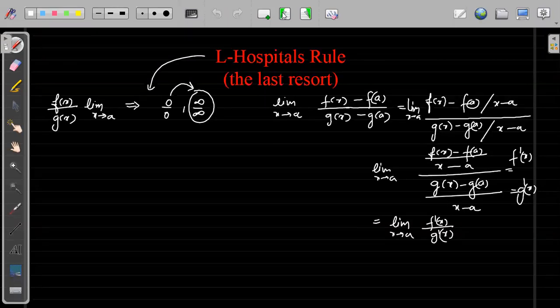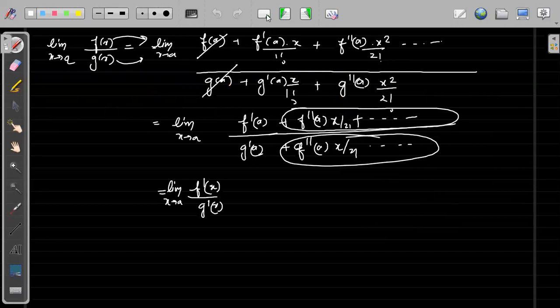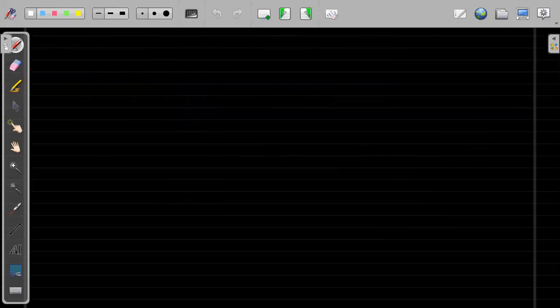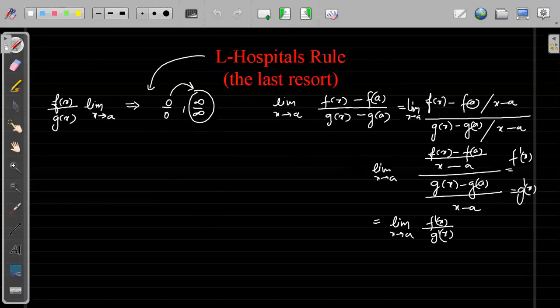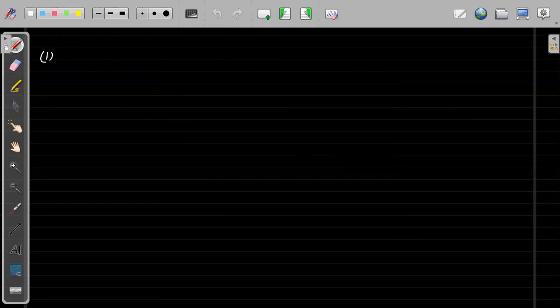The second is this one, right? So this was L'Hopital's rule. The problem with L'Hopital's rule is that in every question we cannot apply this form, because this is not all the forms which we know; there are more forms than this one. So there are limitations of L'Hopital's rule. The limitations are: